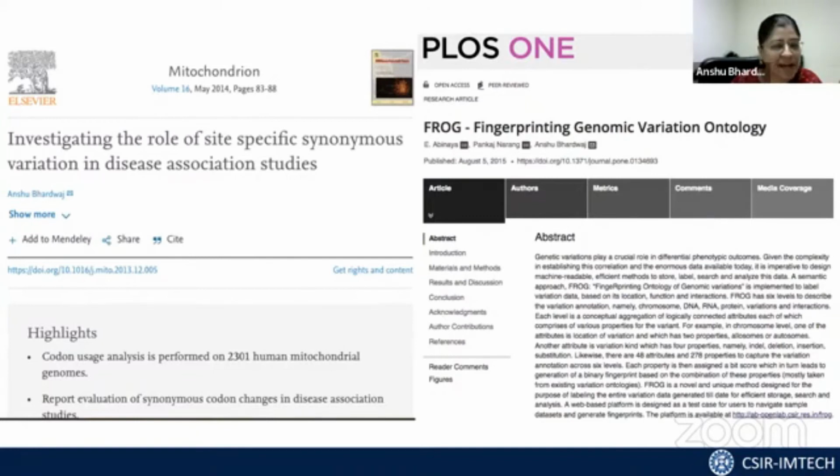So now you can imagine we are talking of exabytes of data. We are not even talking of petabytes now. When you have that kind of data, you not only have the challenge of genotype-phenotype correlation, you also have the challenge of analyzing and handling this data, and that is where we developed Frog. Again, it's not for discussion today.